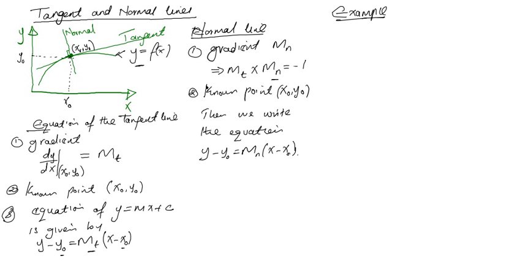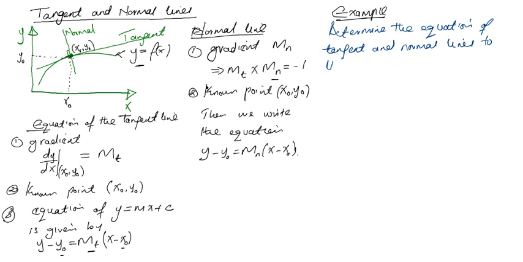I want to write: determine the equation of the tangent and normal lines to the curve y equals 3x squared minus 9x plus 4 at the point